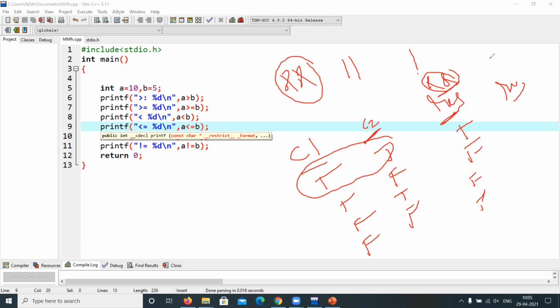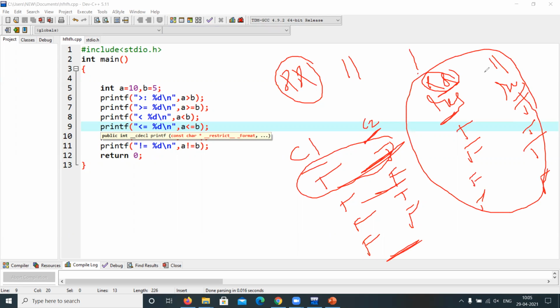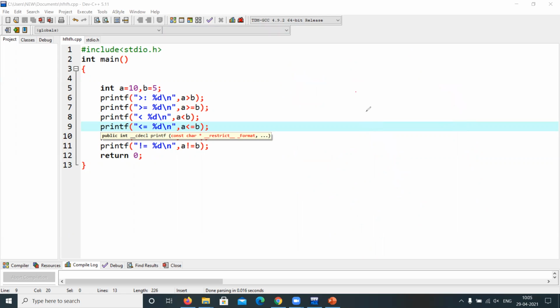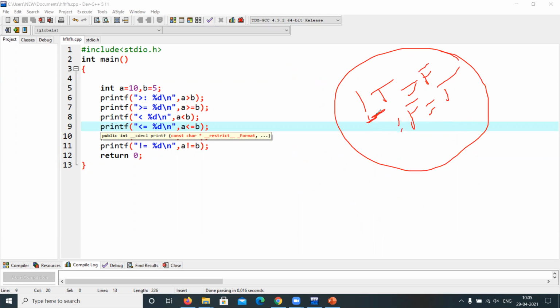If you take the result for logical or, at least one true is sufficient to get the result as true. Here, yes, at least one true is there. At least one true is there. At least one true is there. There are no trues here, so you'll get false. This is the result for logical and and logical or. Similarly, for logical not, not of true will give false, not of false will give true. This is just like a reverse case, an opposite case. For true, if you apply not, you will get false. For false, if you apply not, you will get true.